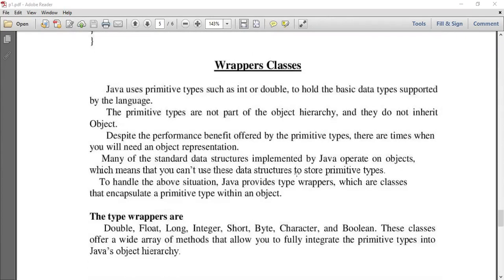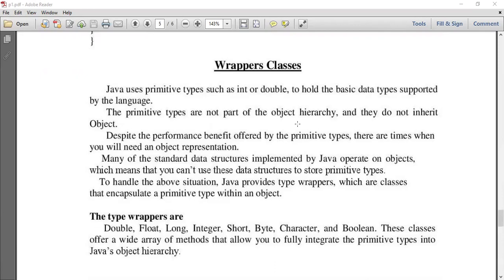So with this enumerators, now let us move on to the type wrappers, our wrapper classes. In Java we have two categories of variables, either primitive types or object types.